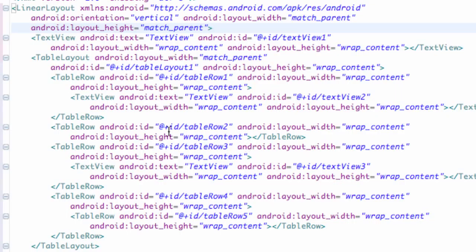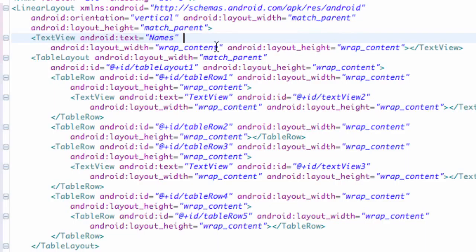Okay, maybe we didn't need to drag and drop that row in there. Alright, and for first, everything's kind of messed up, not the way that we want it. For our first text view, we want this to be our names, and we don't actually need an ID for this, so we're just going to delete the ID for our text view,